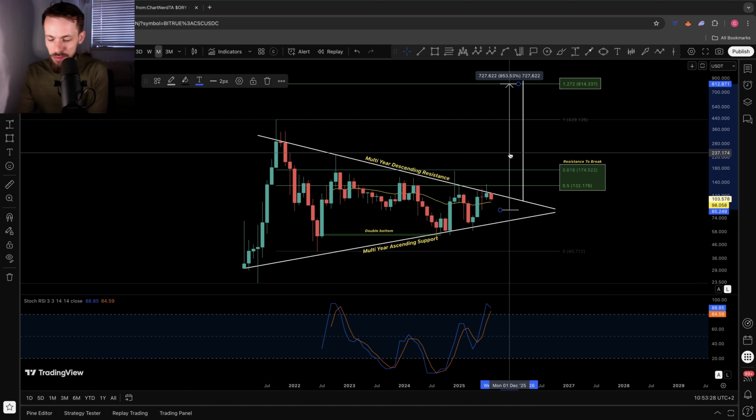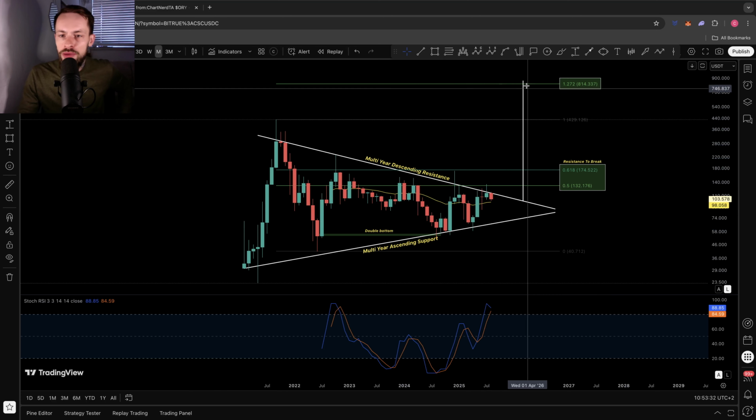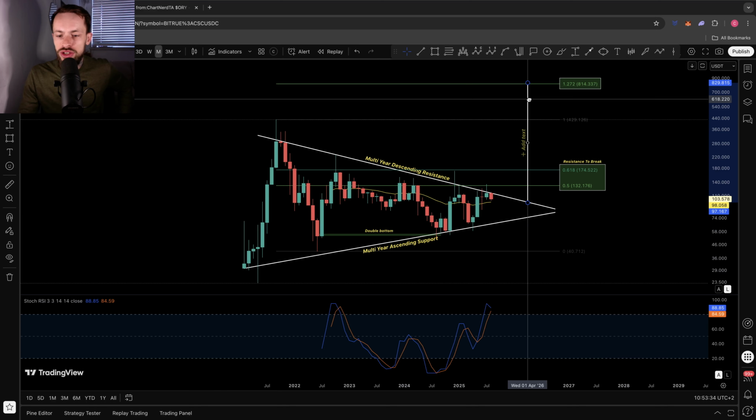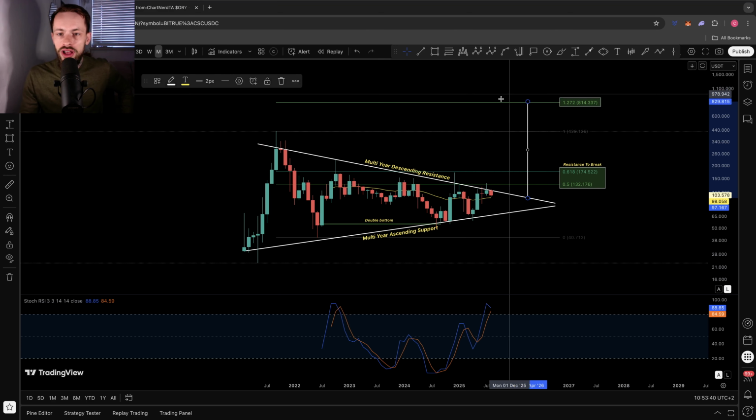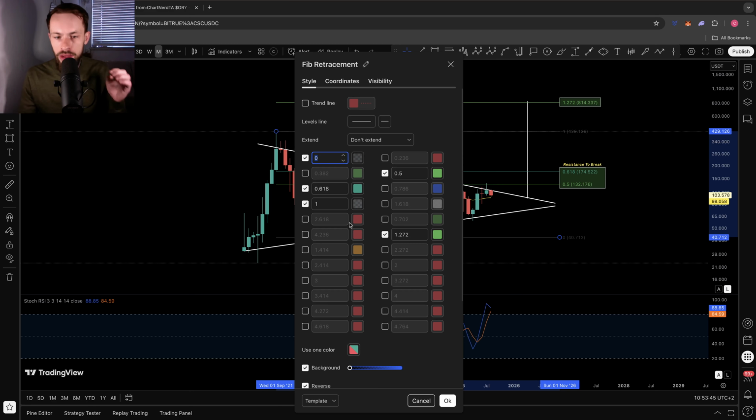Now, again, that is potentially a conservative target once this target's met. Again, if it does come into fruition, pushing into sort of late Q4, early Q1 2026, we could see a pullback and then get an even further sort of blow off top here. Again, the 1272 would be the target I'm actually looking for now, considering how long it's actually taking to get this actual breakout. We have to consider that when we do get a sort of peak season, if one is to arrive, it's not going to last very long. However, the moves are normally very impulsive.